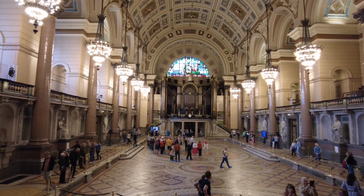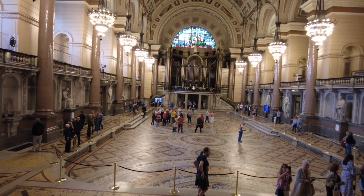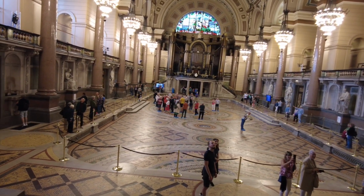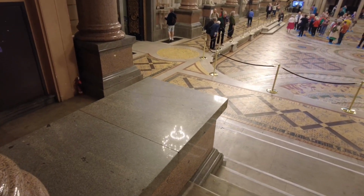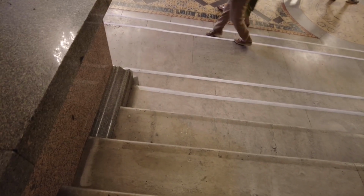But I'll show you the fact that the tiles on the main floor where people are gathering are all in mint condition, and I'll show you the tiles on the outside, which is why all the tiles get covered up. So down the little stairs,